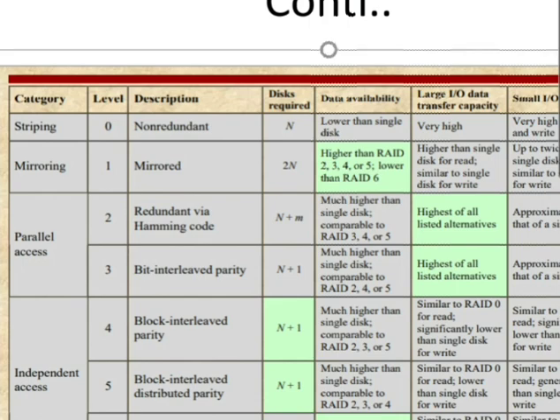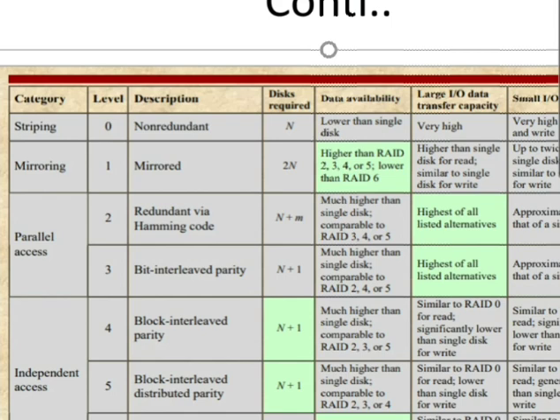So the striping has the description that it is non-redundant. Mirroring means it is mirrored. The disks required for level 0 is n. For level 1 it is 2n. For parallel access, for level 2 it is redundant via Hamming code, and for level 3 it is bit interleaved parity.